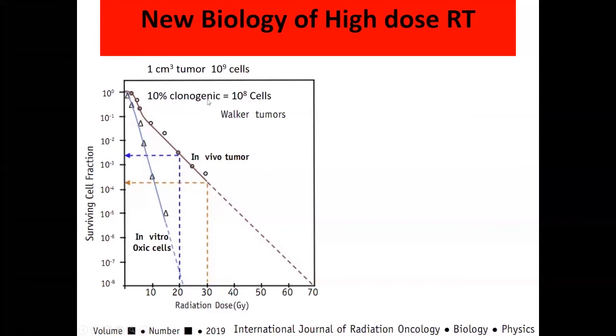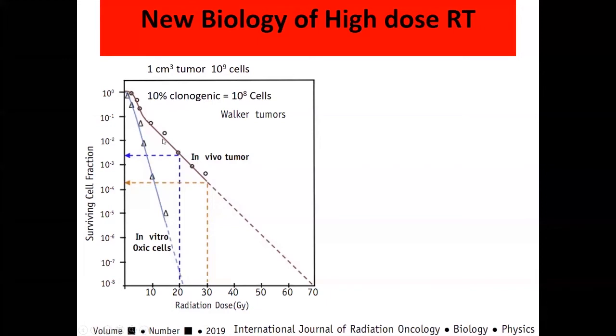Here, a 1 centimeter volume of tumor implanted in mice was treated with a single dose of radiation with increasing dose: 10, 20, 30, 40, 50, 60. Now, if we presume that 10% of the cells are clonogenic cells in a 1 centimeter volume tumor, which usually contains 10 power 9 cells, then the number of clonogenic cells is 10 power 8 cells. So we need to sterilize these 10 power 8 cells in order to get excellent tumor control with single fraction radiation, as usually done in non-fractionated radiotherapy.